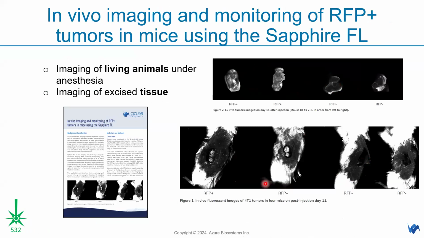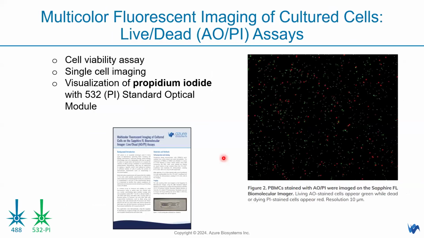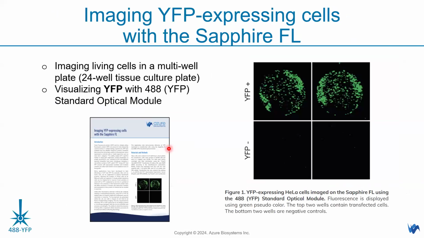In vivo imaging and monitoring of red fluorescent protein tagged tumor cells in mice using the Sapphire FL. Multicolor fluorescent imaging of cultured cells, which is your AO and PI assays, and imaging